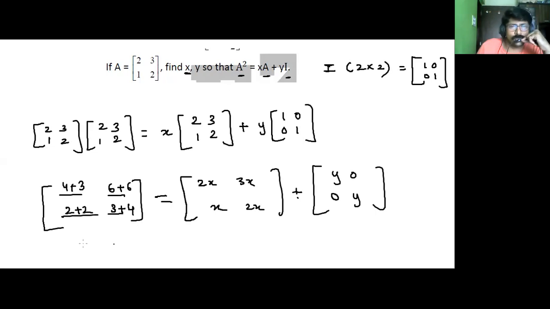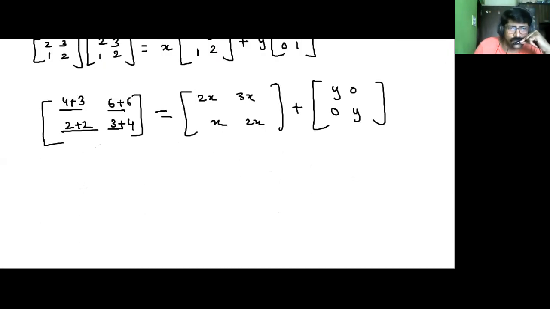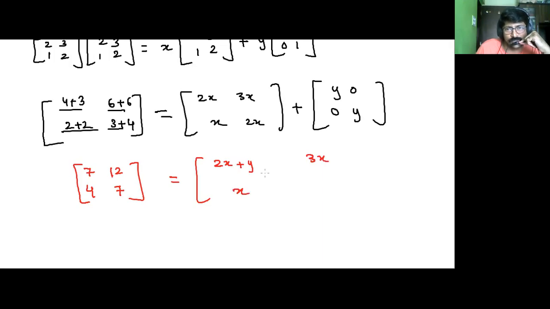And now what is going to happen over here? What will happen over here, guys? Look at this. Pay attention very well. So the left hand side becomes 7, 6 and 4, 7. And what exactly happens on the right hand side? It's very interesting, guys. 2x plus y, and 3x plus 0, 3x. x plus 0, x. 2x plus y,